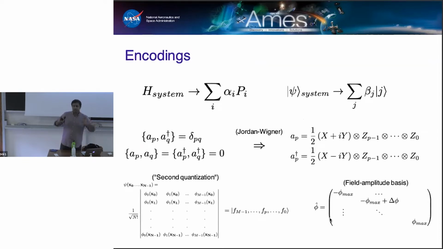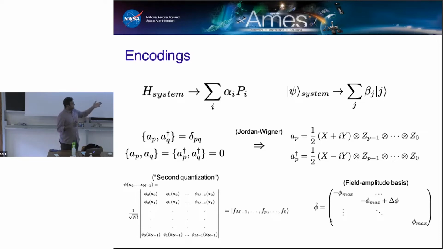And one thing we won't talk too much about today, but that you will probably hear about in other talks, is encodings, right? So I said at the beginning that we're going to use a qubit-based universal quantum computer. So that means that whatever system you're actually interested in simulating, you need to first of all map it onto qubits, right? So that means you need to map operators to qubit operators and states to qubit states, right? So I'll just mention that this can be done, right?